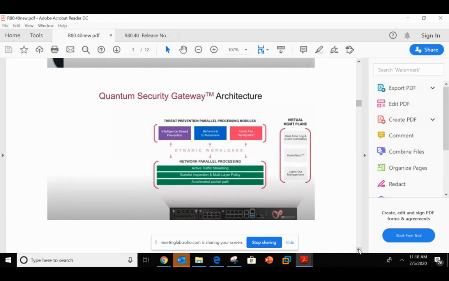So previously also we are processing the parallel processing architecture. We have the parallel processing architecture for threat prevention and network parallel processing and everything. So now there is some feature introduced in R80.40, which is called inline file